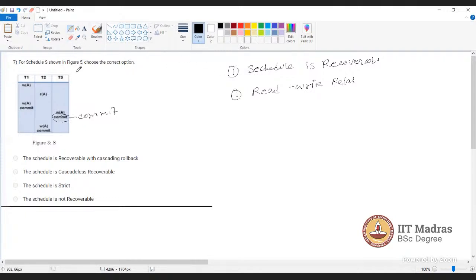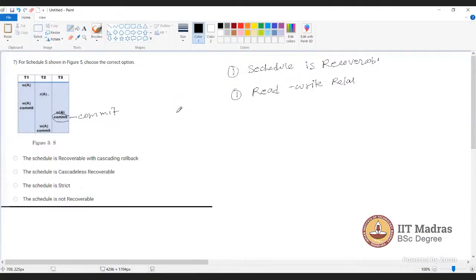Yeah, so you can see that T1 is writing the data and T2 is reading that data, but T1 is getting committed, right? But transaction T2 has already read that data, so it is working on the wrong data. So we can recover, but since transaction T1 gets committed, the schedule is recoverable, and with the rollback we can roll back the T2 transaction here because that is working on the wrong data set.